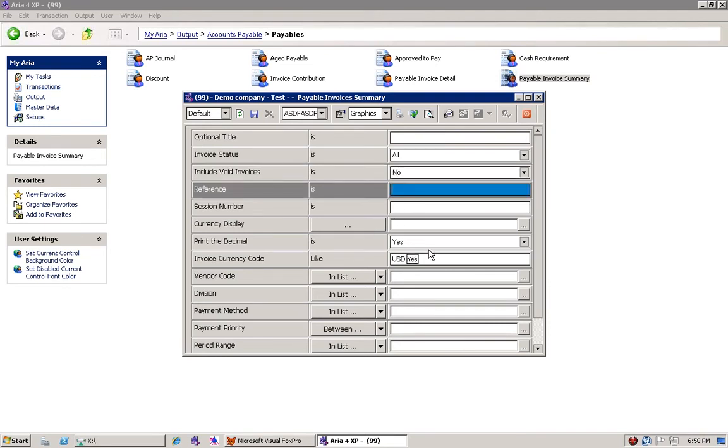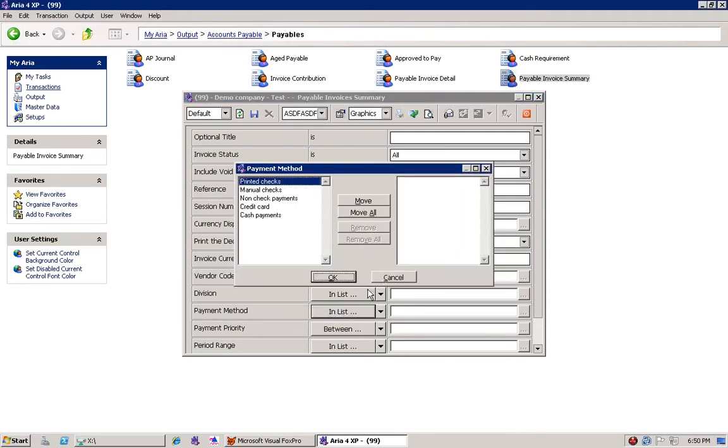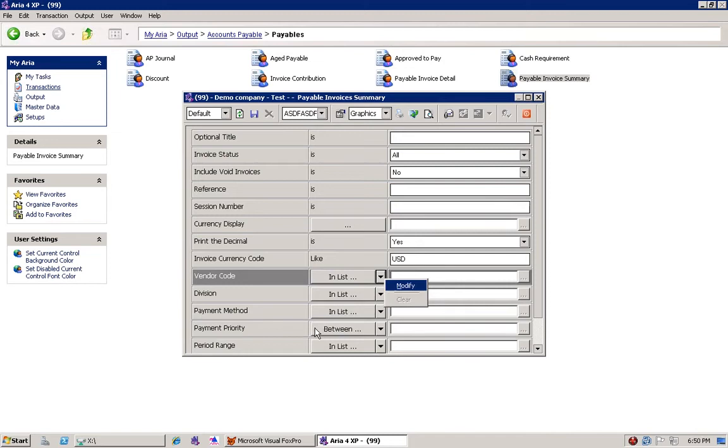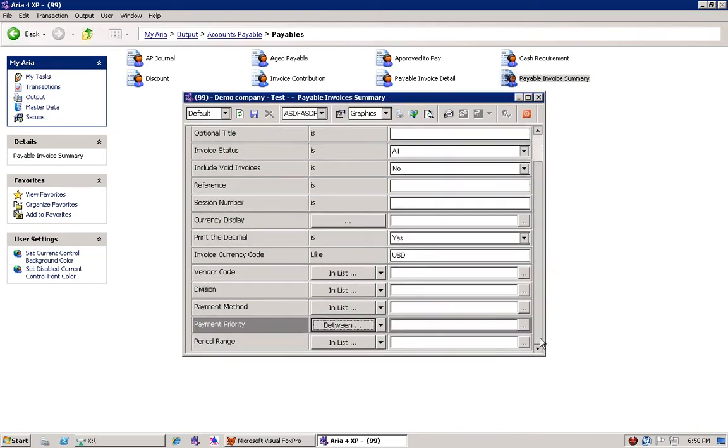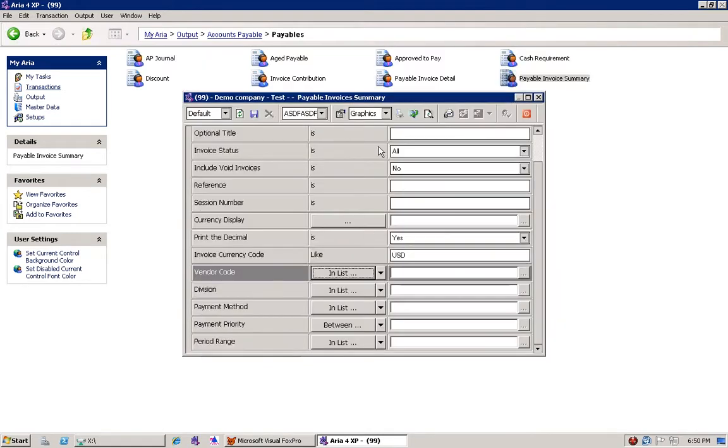You can search by vendor code, by payment method. You can narrow down your selection by payment priority, and so on and so forth. So all these are selection criteria for you to narrow down your search. You can select for a specific vendor if you want. Then when you print preview that